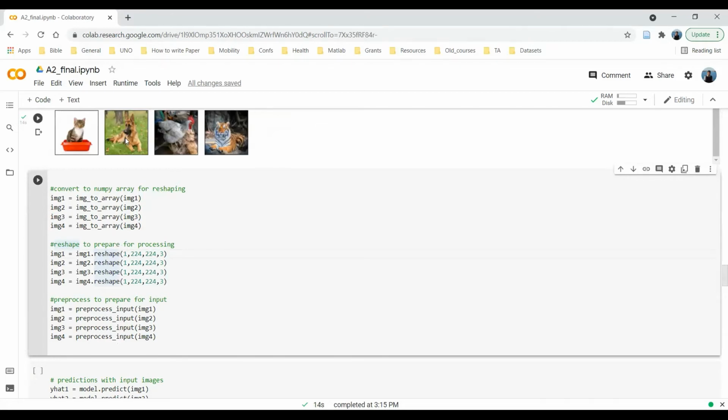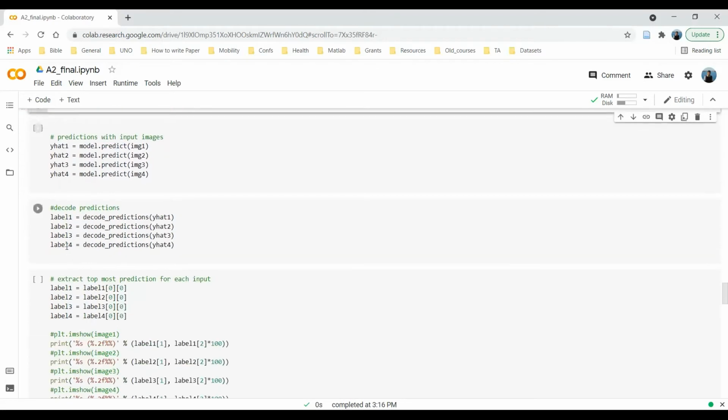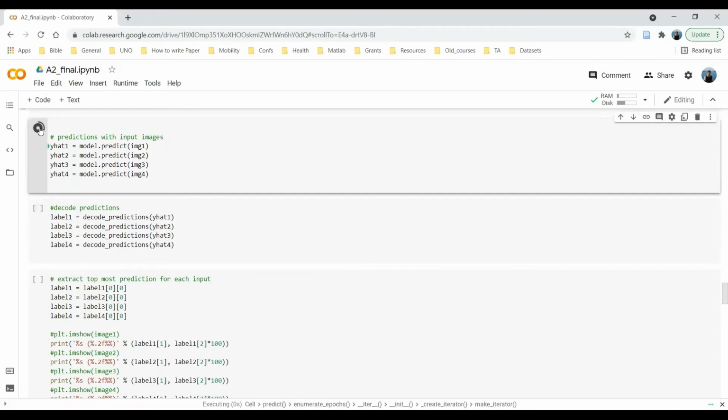Irrespective of your image dimensions, make sure to convert it into 224 by 224, and then call this function so that it will prepare the input for VGG16. Done. And since my model is pre-trained, I can directly make predictions on my model. My images are also ready, so let's make some predictions.